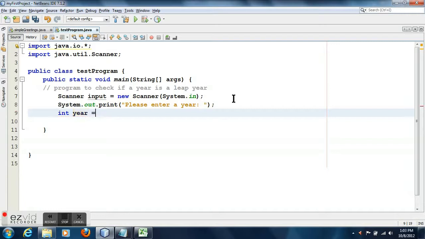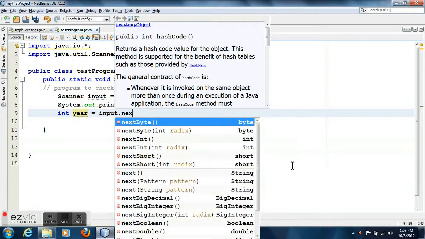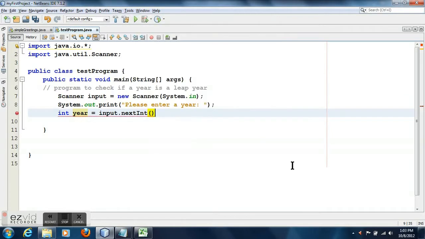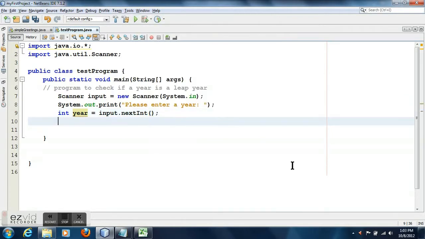You just see it. Now I define an integer variable called year, and in this integer variable year, I will hold that, I will assign that year that user has entered through keyboard. Just watch carefully. Input.nextInt. Now I am not using next double because now I am expecting an integer value. So int year equal to input.nextInt. That's it. So it will take the input as an integer value.